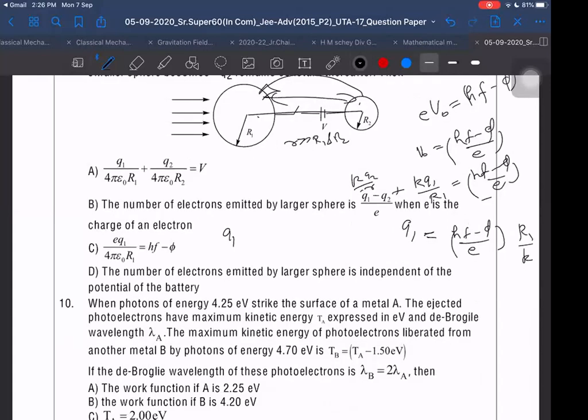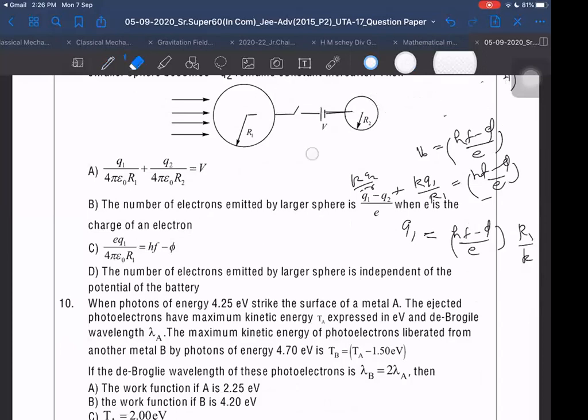Not able to decide easily whether it will depend or not. It seems it will depend on the case whether the distance is large or small. If the distance is very, very large, then I can assume that it has no role to play on this, and then in that case,